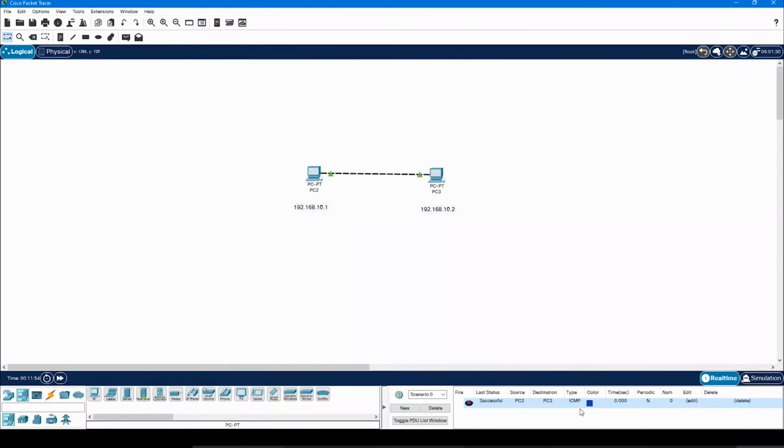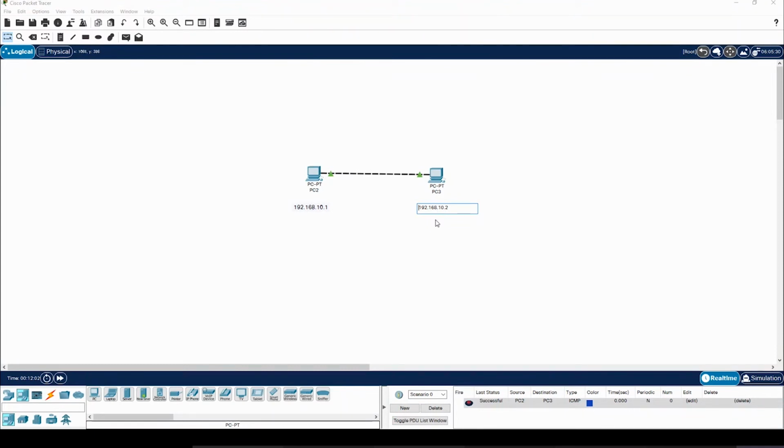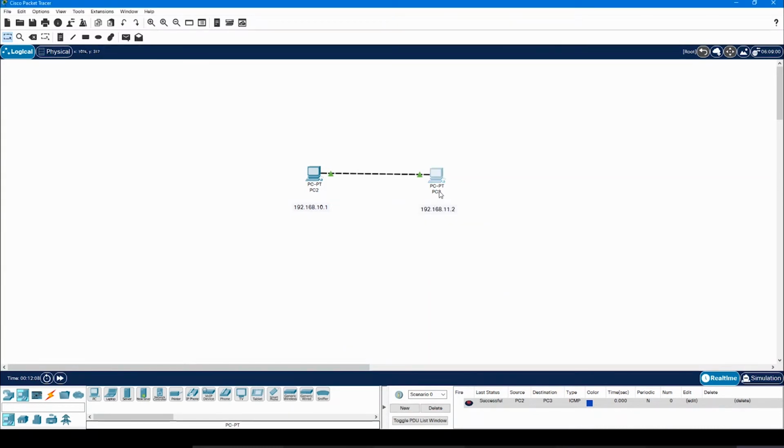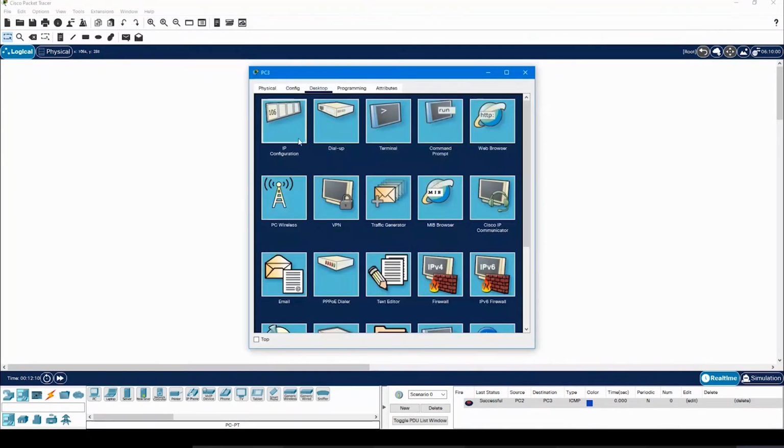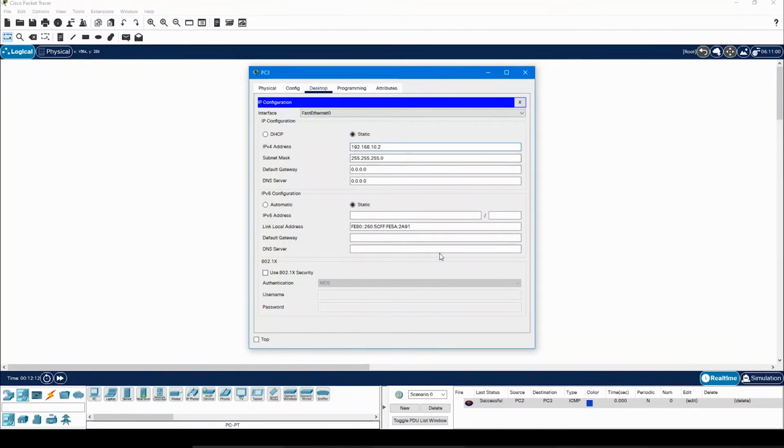So this is how communication between two PCs can be made. And now let's change the IP address from 192.168.10.2 to 192.168.11.2 and see if communication works or not.